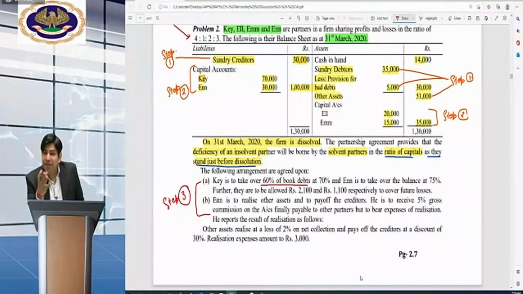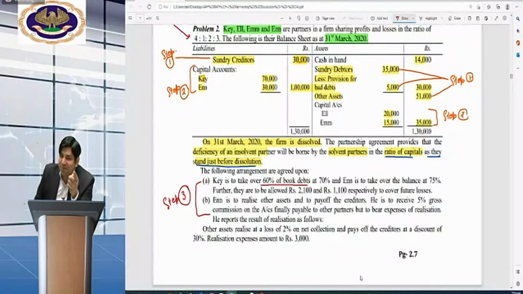I am waiting. This is the usual confusion in the students' minds, which I face in practical questions. Tell me everyone, what is the amount at which you will apply the percentage, at 30,000 or at 35,000? I am waiting. Don't see the solution from my PDF. You are seriously doing the practice. Okay, don't answer from there. Okay, very good answer. Of course, it is 35,000.